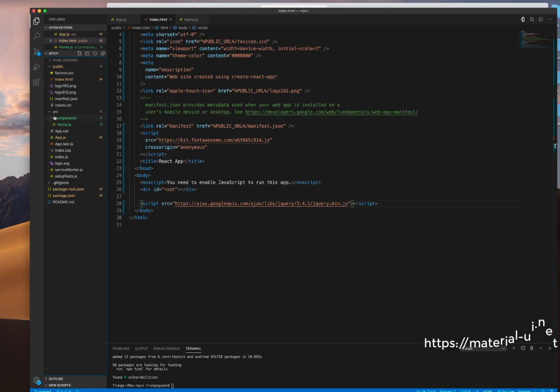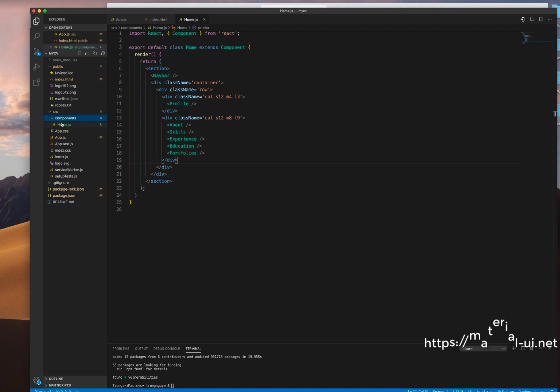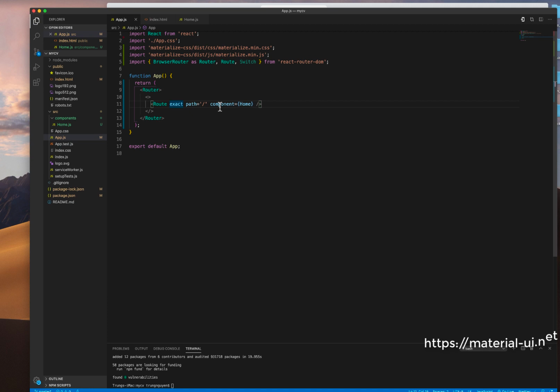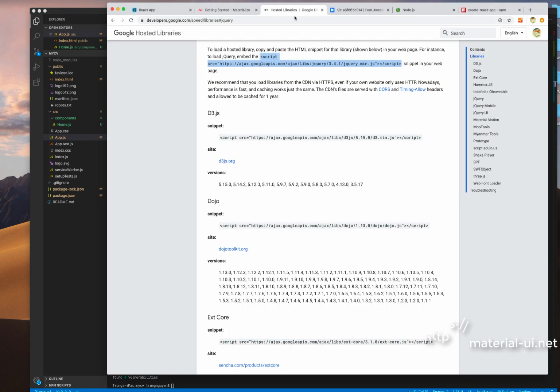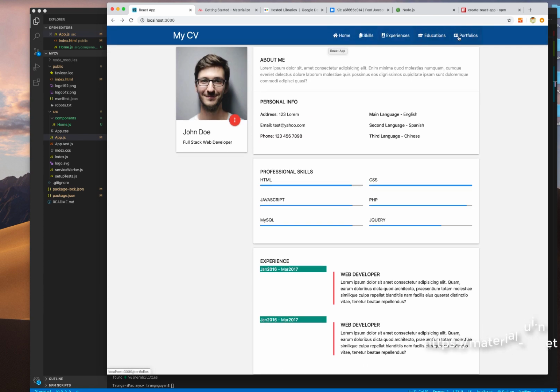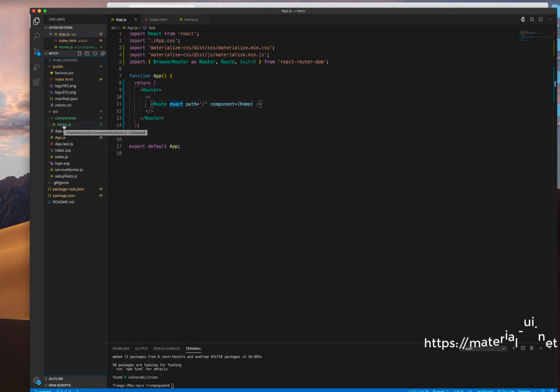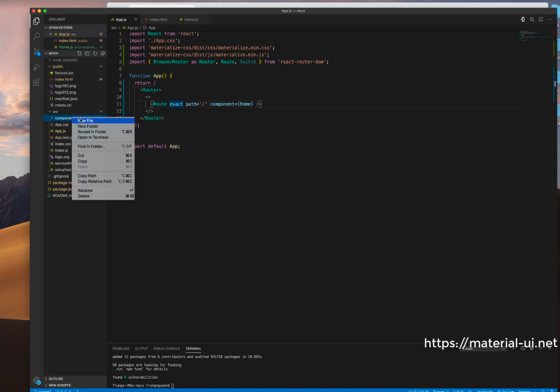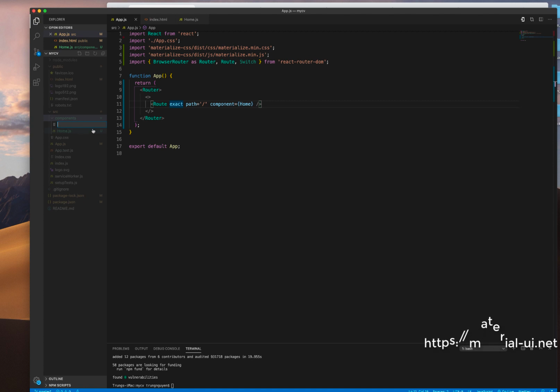Let's go back to the src folder. You see this one, home, component, and app. Let's continue with app. Here in the app we have 1, 2, 3, 4, 5 tabs. So we have home, skill, experience, educations, portfolios. So let's continue to create. We have home.js already, so let's create another, profile.js,